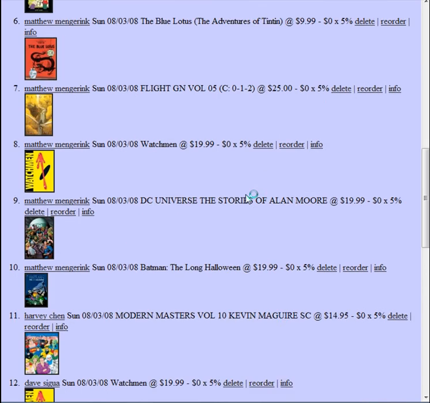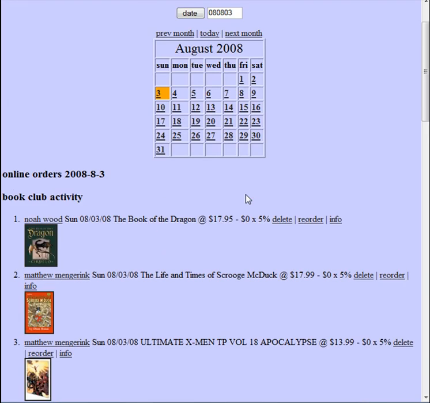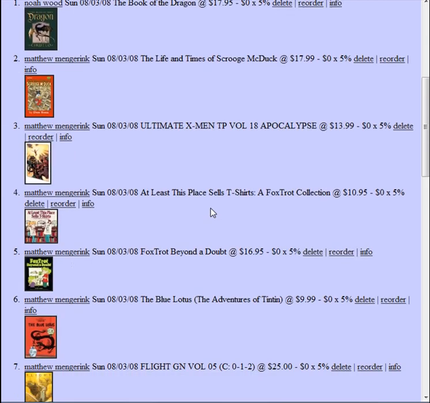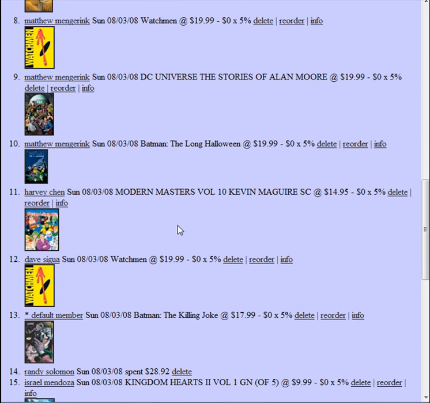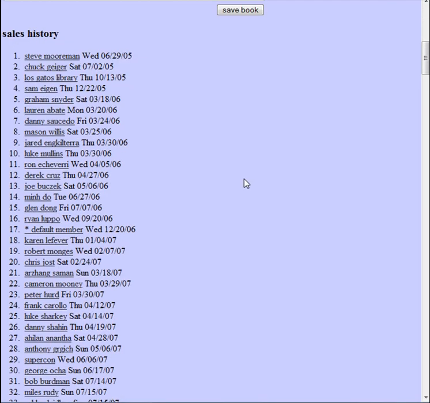The other big feature of the Hijinx 1.0 system is our graphic novel book club, which allows us real-time inventory tracking via barcodes of any graphic novels. So as you can see here, we see a list of books we've sold today, but if we click on a book, we can go in and see complete sales history for that book, every person the book's sold to,